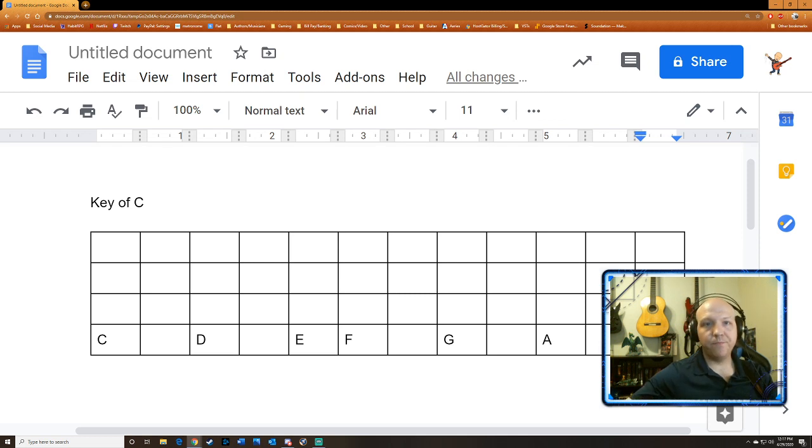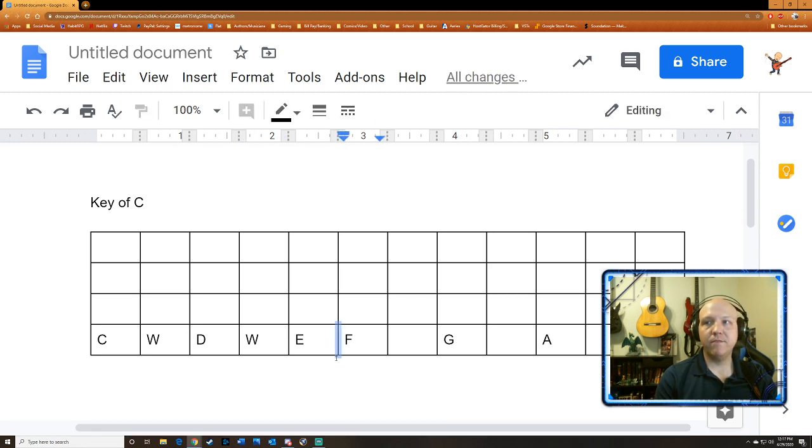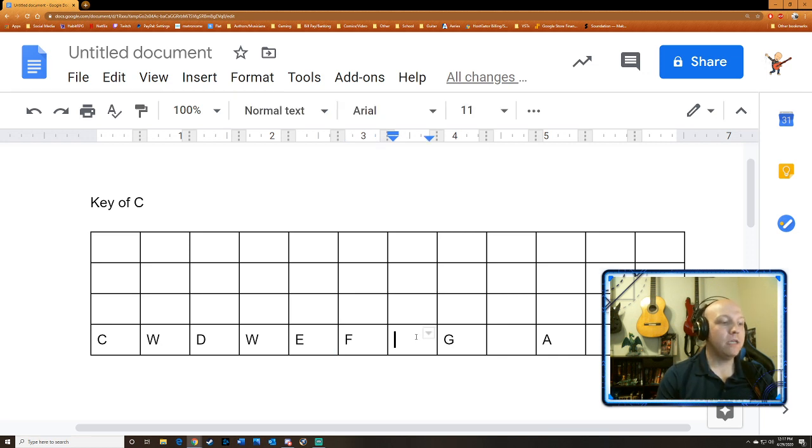You notice that I have empty spaces. Those empty spaces are really important because this signals that there's a whole step in between these notes. So we have a whole step, a whole step. Right here, where we don't have a space, that's a half step. That means on the piano, those are right next to each other. We don't skip any keys, but here we have a whole step, a whole step, a whole step, and then from B to C, we have another half step. So we can say that the way to build a scale is